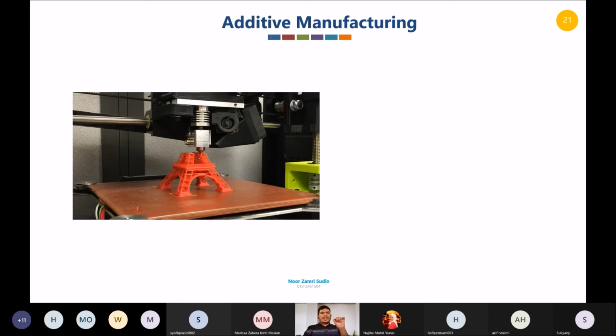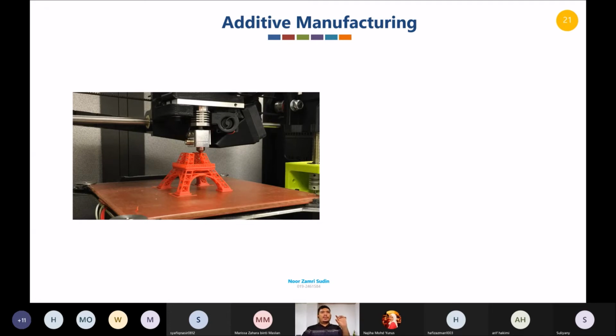Previously they used it only for some materials, usually plastic. I'm not sure what kind of plastic, but plastic. So they print layer by layer, from nothing until the whole design is complete. So there is no wastage at all here. If there is any, it is only a little at the base. This is 3D printing technology.